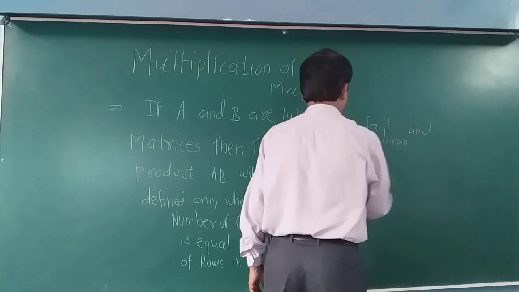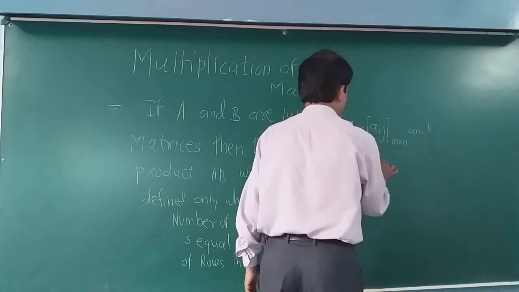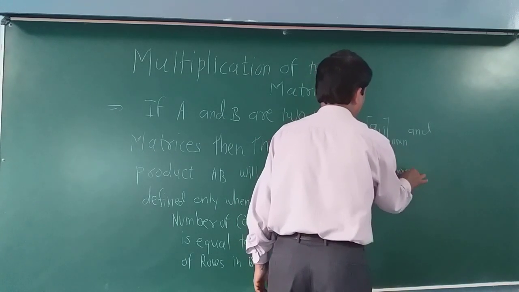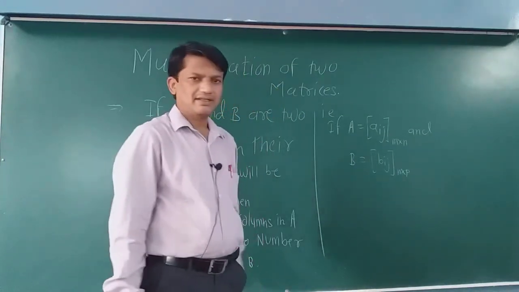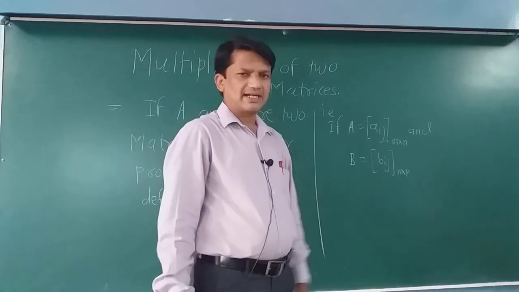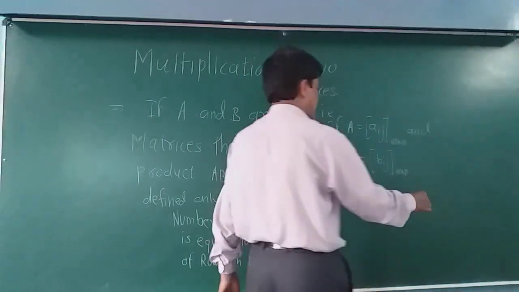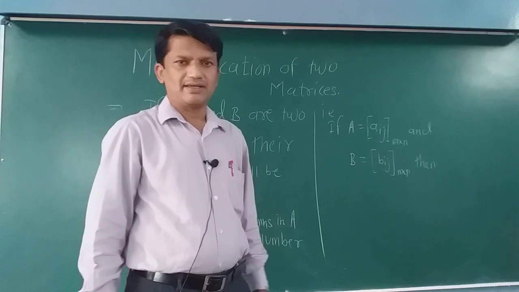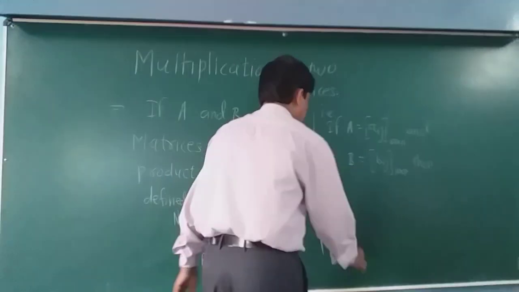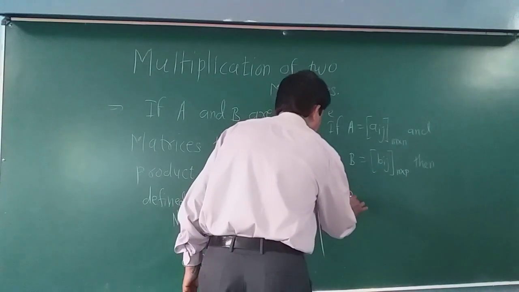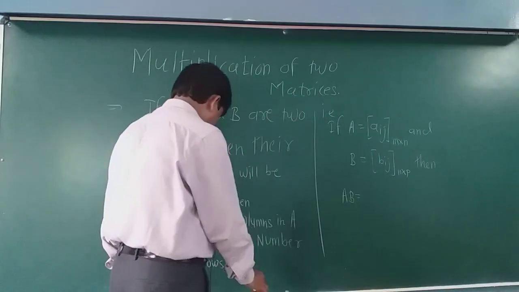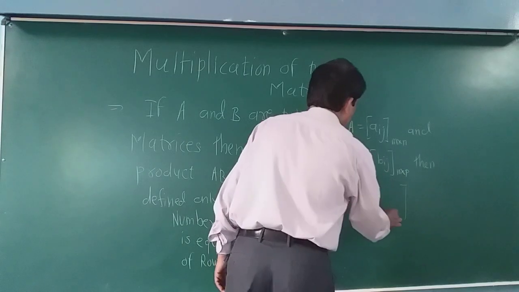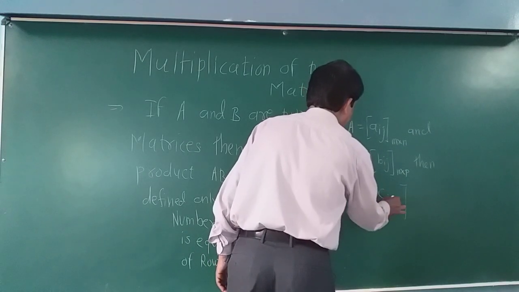Another matrix B equals bij and the order is n by p. These are the two matrices; then their product AB is given by, namely, Cij,